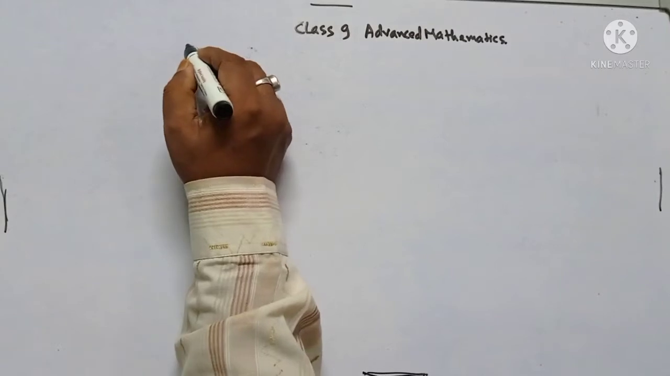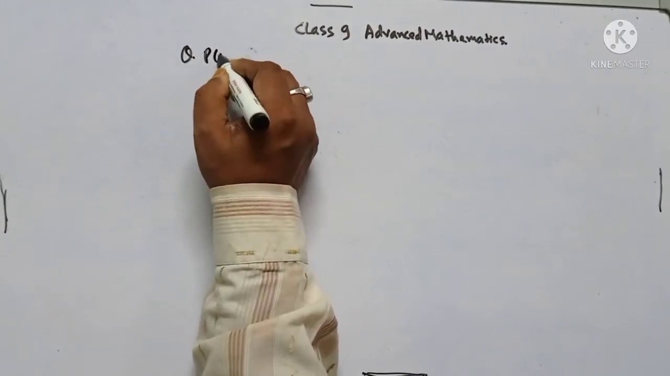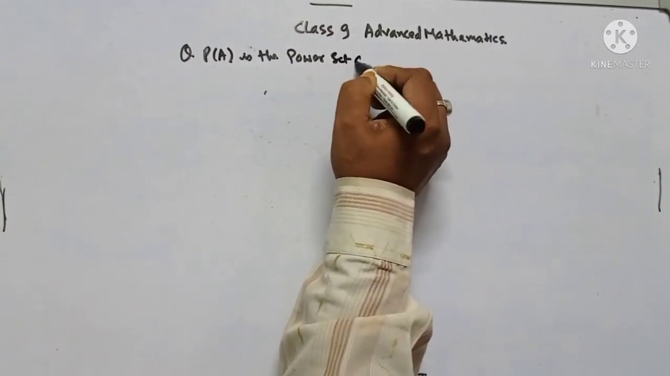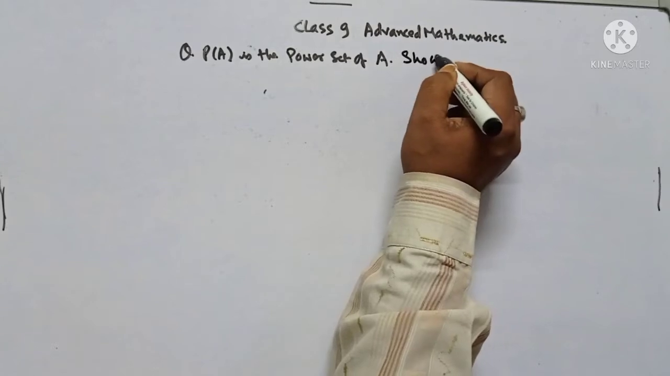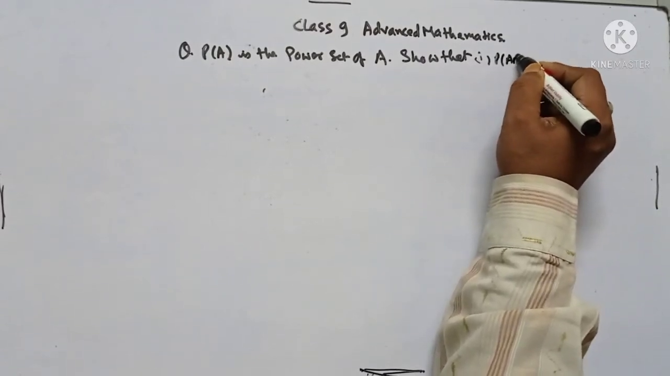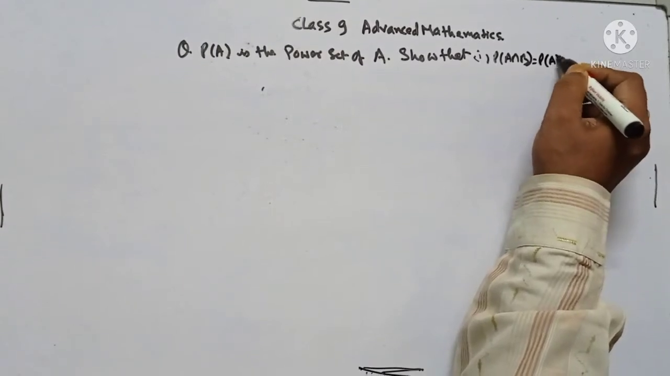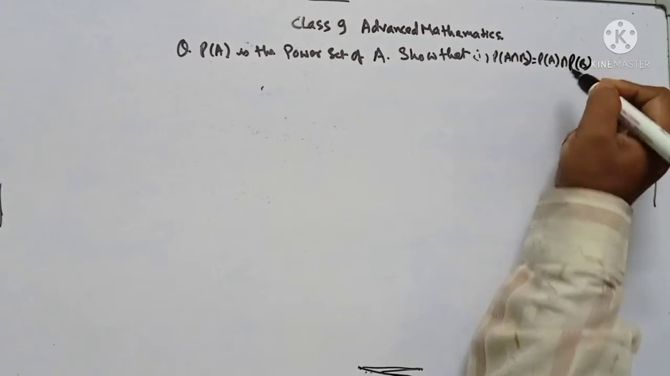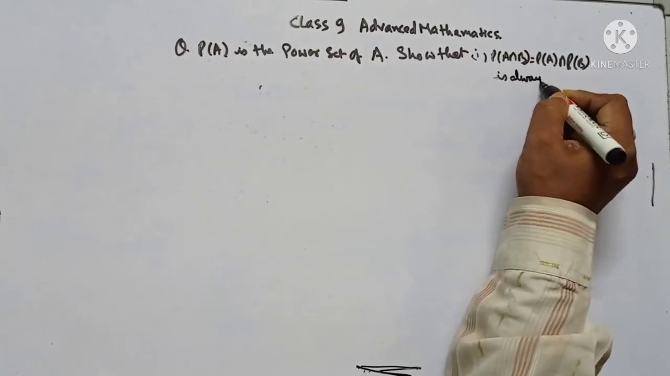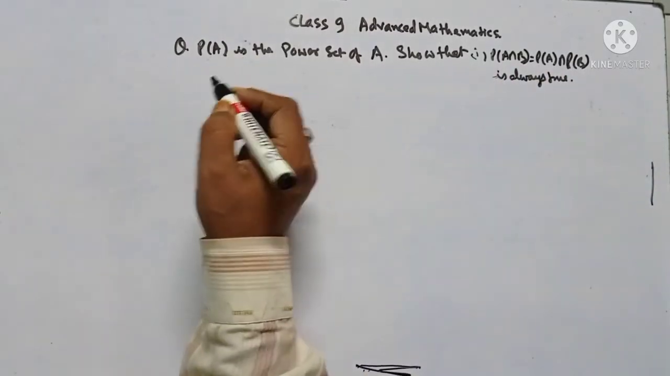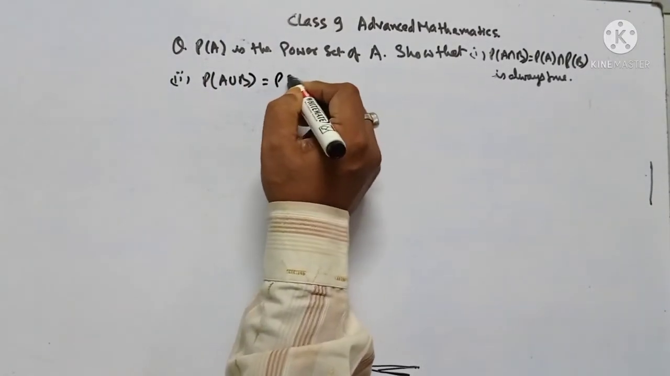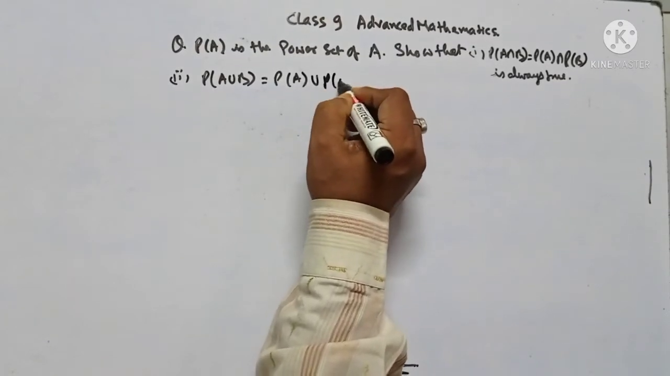The question that was asked is this: P(A) is the power set of A. Now you have to show that, first, P(A ∩ B) is equal to P(A) ∩ P(B) is always true, and your second is that P(A ∪ B) is equal to P(A) ∪ P(B) may